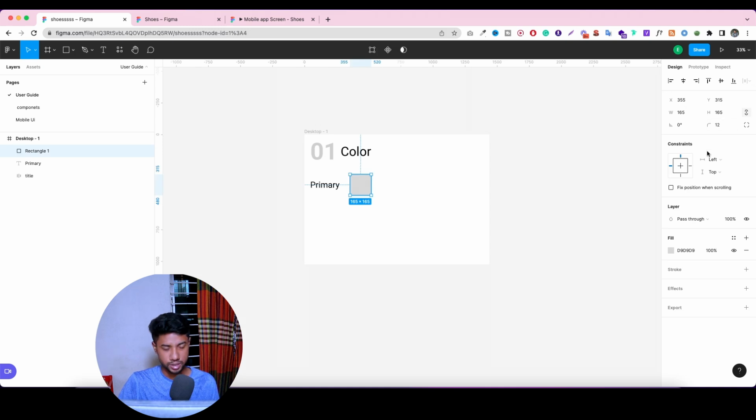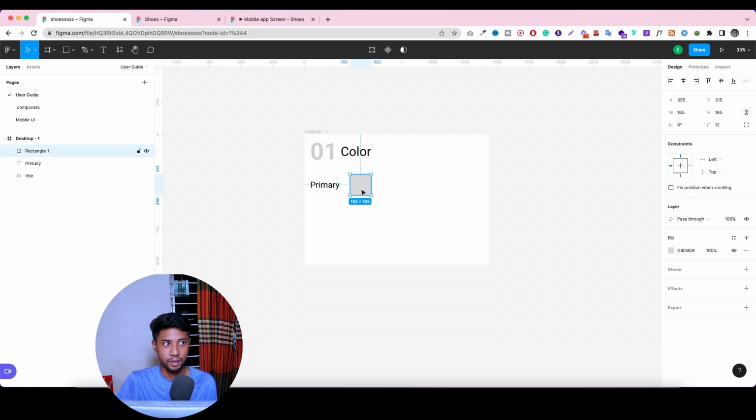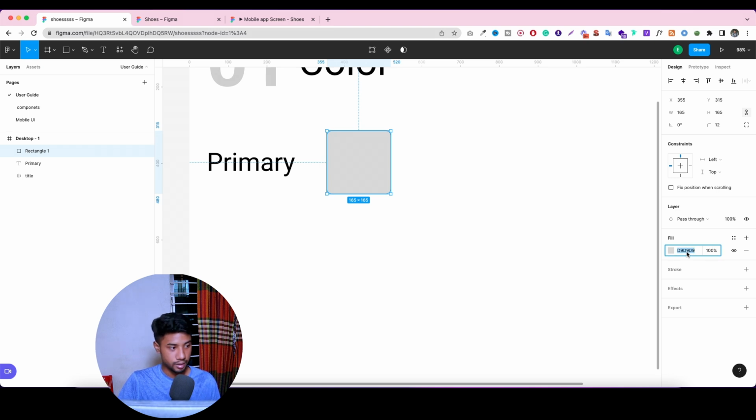It's called, I think, radius. So you can just keep it radius into 12. It's called corner radius, but in web design it's called radius, I think. I forget it, but anyway. We have to change the color. It's going to be the